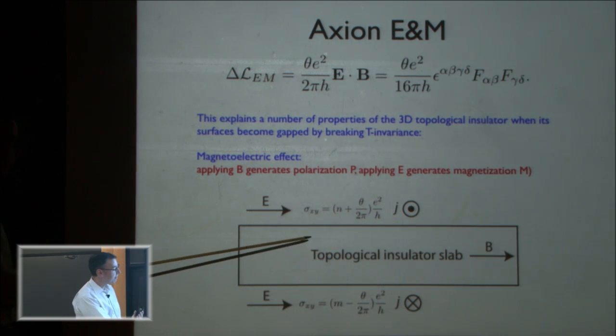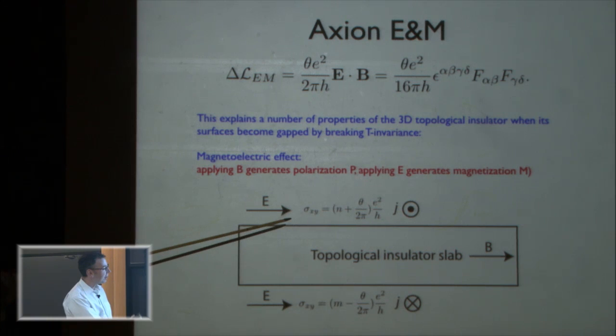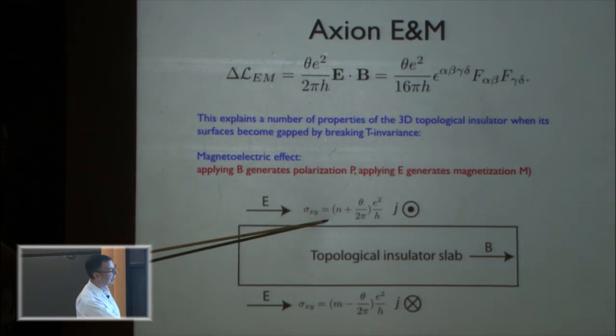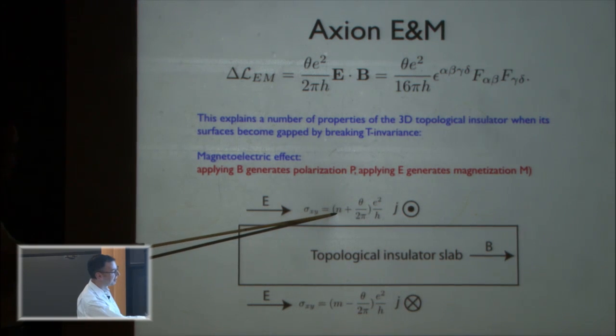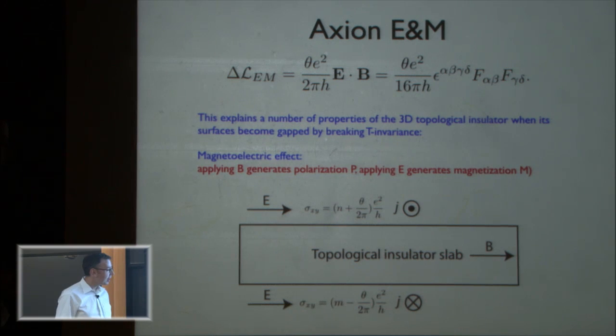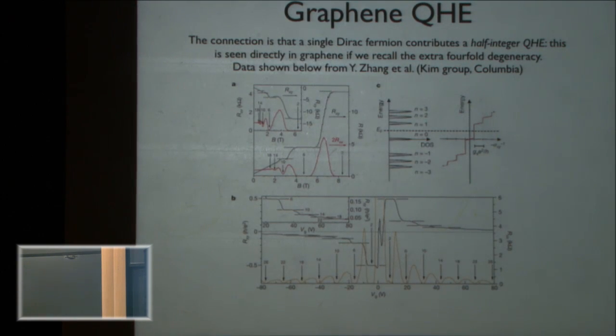So for what I said before about topological insulators, theta equal to pi to make sense, that would be bizarre. That would mean that the topological insulator surface doesn't have an integer Hall effect. It's not n times e squared over h, but it's a half integer times e squared over h. And we actually know that because of an experiment which has a material similar to the surface of the 3D topological insulator. So graphene is a Nobel Prize-winning discovery in solids that I'm not going to have much time to